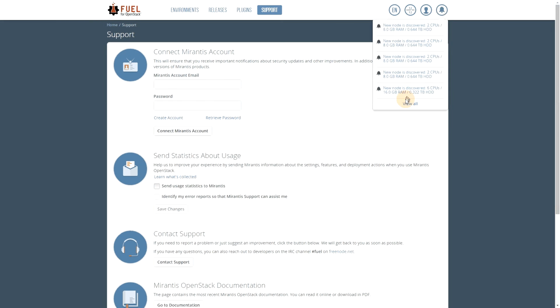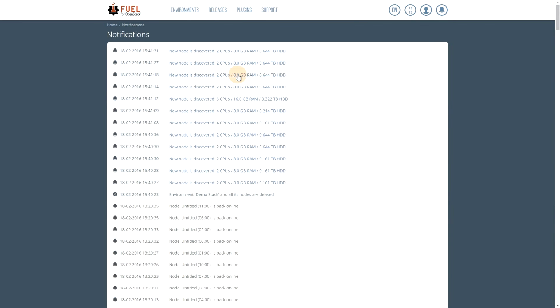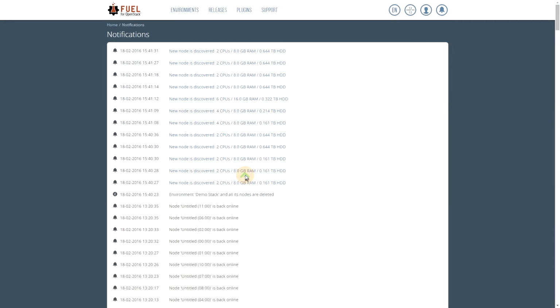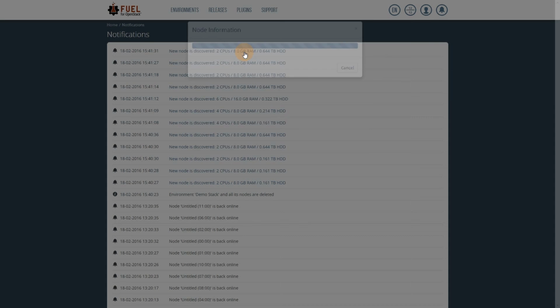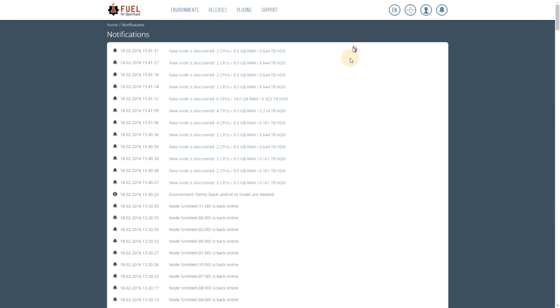And this is the event window. So basically, anything that happens is going to show up here. If I do a view all, you'll see everything that was discovered, everything I did. When I rebooted my environment, everything's going to show up here, so you know what happened and what's going on. If you click on it, you go in detail. You know in detail to which node it was